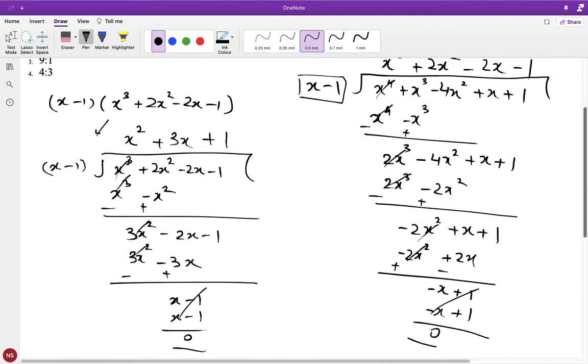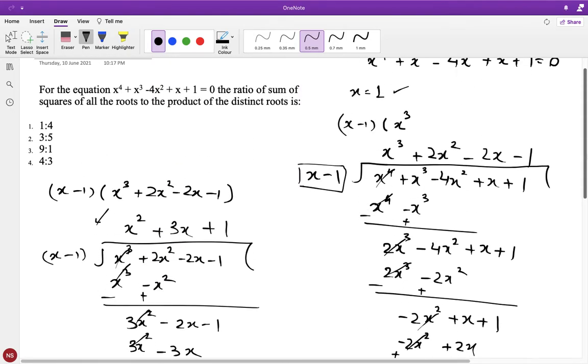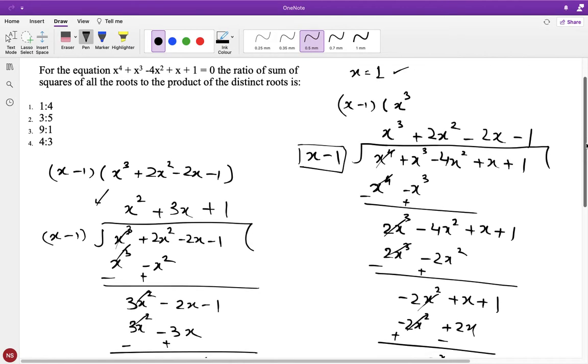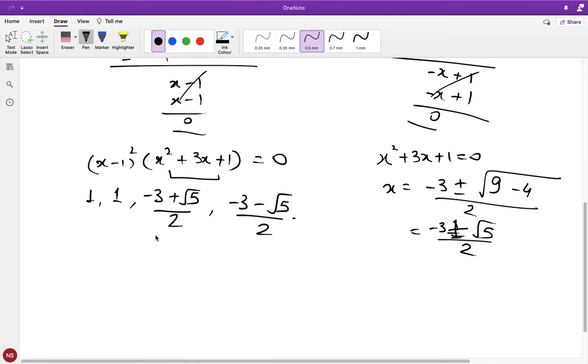In the problem we are asked what is the ratio of the sum of squares of all the roots to the product of the distinct roots. Distinct roots: these two are the same, so their product is not to be considered. Anyway, 1 times 1 is 1. So the ratio that we are being asked